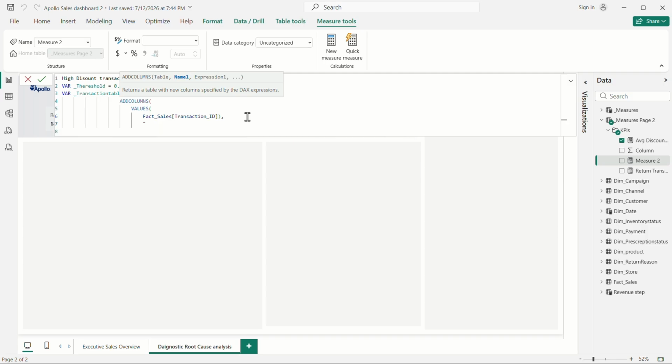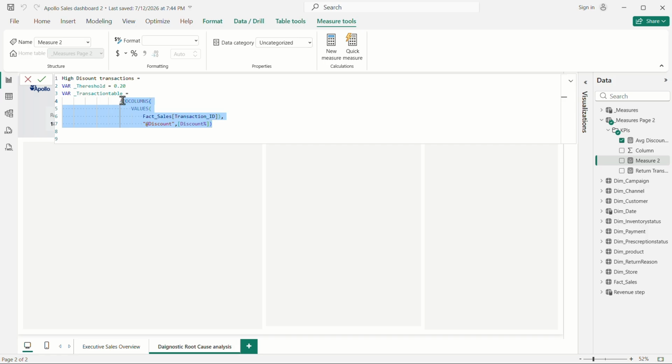comma, and we want our first column name to be discount. So we add discount, and for discount we want the value as discount percentage, and close this parenthesis. What this is doing is adding columns: it gives us the unique transaction ID, and in front of that, for the particular transaction ID, the discount percentage for that transaction. So this is a temporary table that has been created for our measure here, and after that we will say